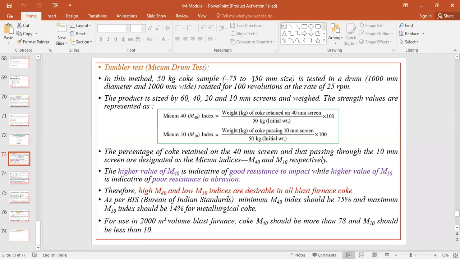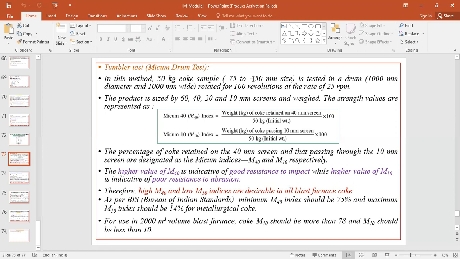So that size range particles of 50 kg, we need to first collect and weigh, and then the weighed amount of coke sample we need to subject into the Micum drum, having dimensions of 1000 mm dia and 1000 mm wide,